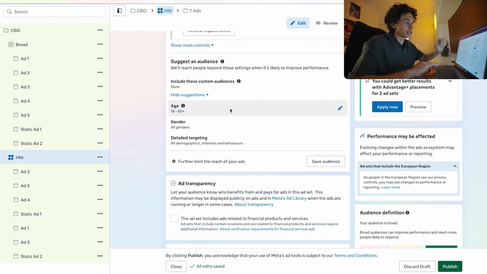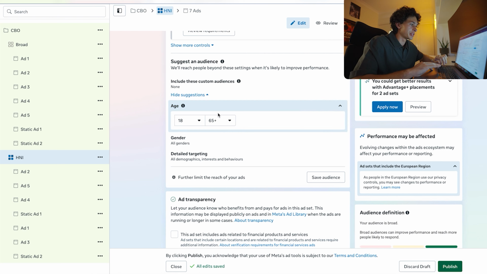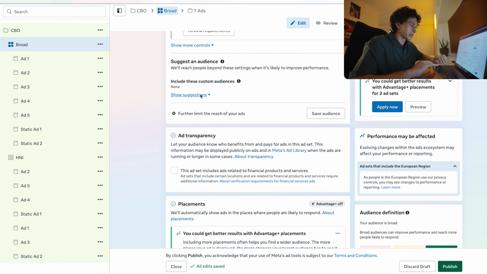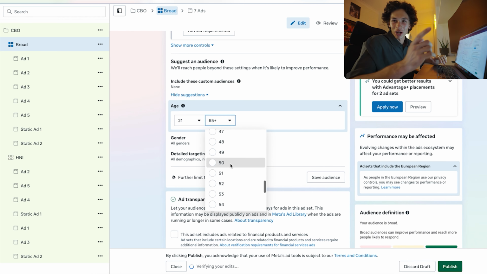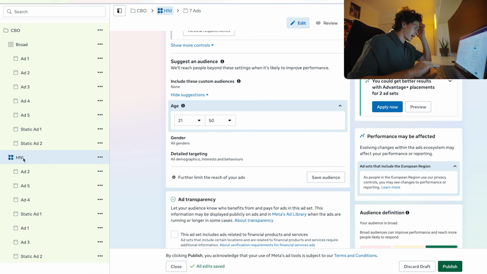First thing with the age is make sure that the age demographic is from 21 to 50. And I'm also going to go back to the other ad set, come down to here, change this to 21 to 50 as well, because I forgot to change it initially. Always going to double check, boys. And then we're going to come back to the HNI ad set,